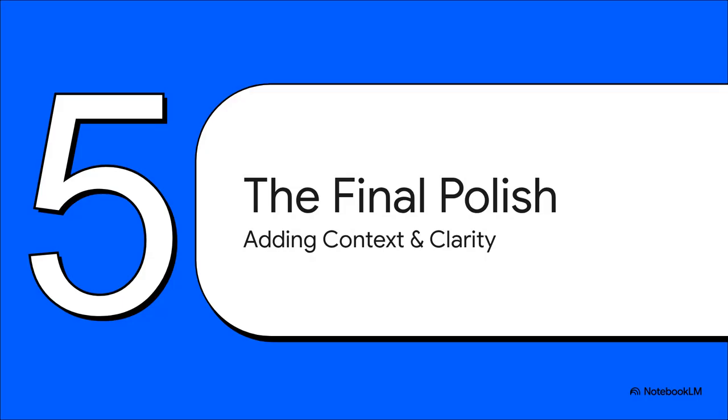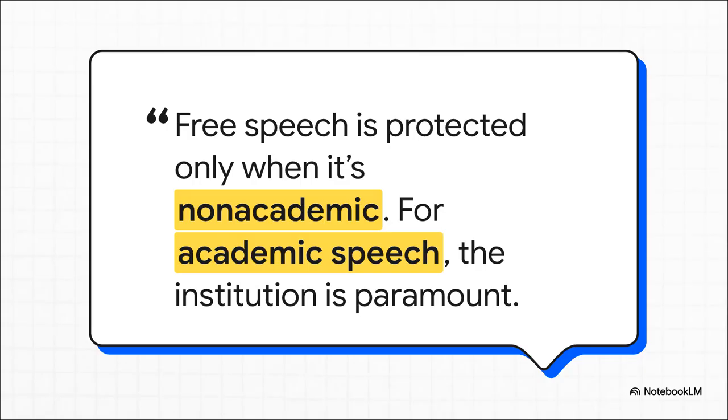We're in the home stretch now. You've built a solid structure for your argument. Now it's time for that final polish. The little details that take your argument from just being strong to being absolutely crystal clear and persuasive. One of the most powerful ways to add that polish is to be super clear about how you're defining your terms. Take a look at this argument from Stanley Fish. His entire point rests on how he splits the definition of free speech from academic speech. By defining his key terms right at the start, he basically sets the rules of the entire debate.